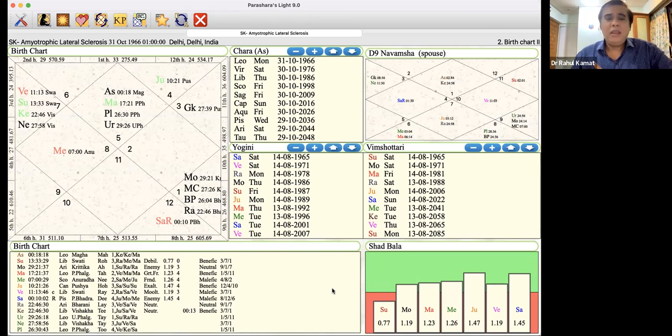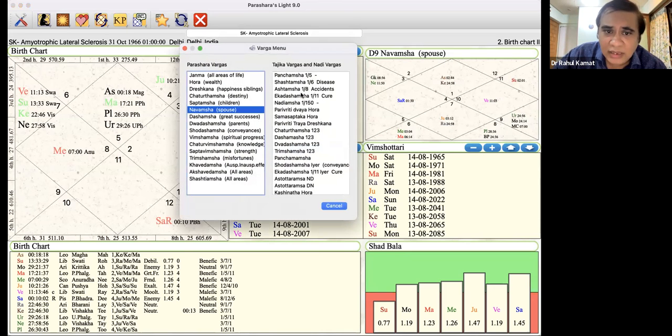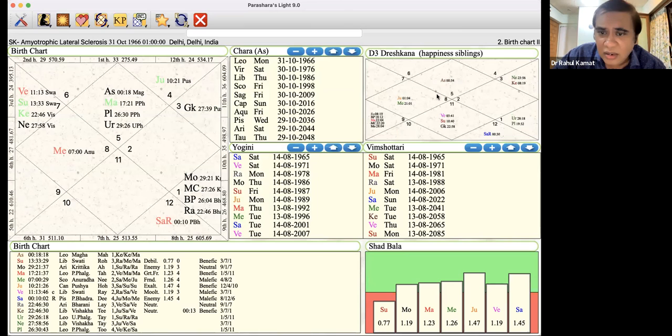Now here is where we slightly study this in a different way. What Dreshkan is Saturn in? Saturn is in the first Dreshkan of Pisces, which is Pisces itself. If you see here, I am opening the D3 chart. Saturn will be essentially in Pisces again, and again the position is not good, it is in the 8th house. So when you say Pisces Dreshkan Saturn, which is the Shashtesh here,